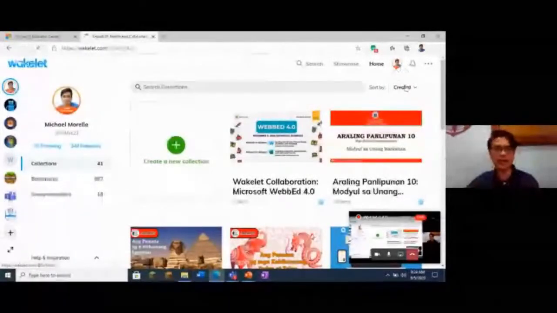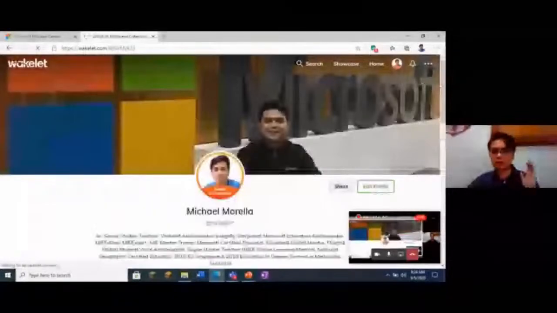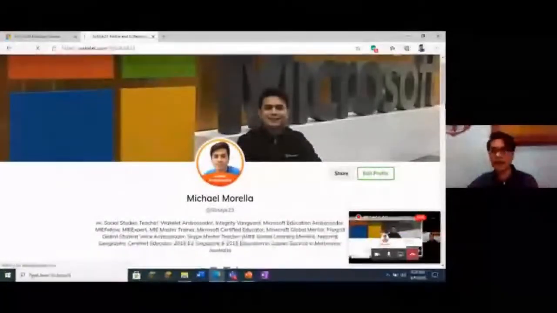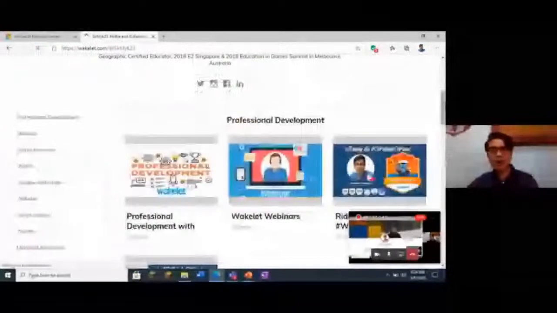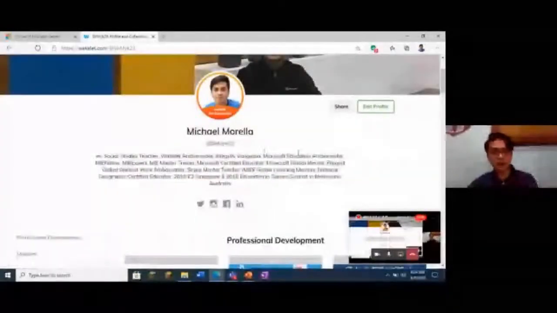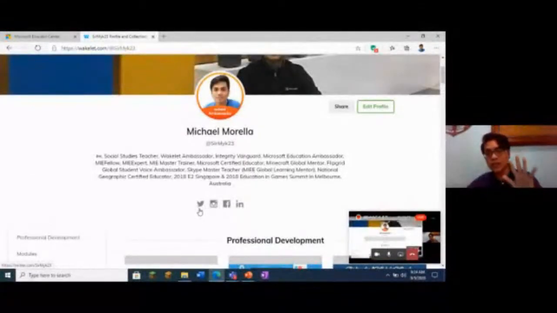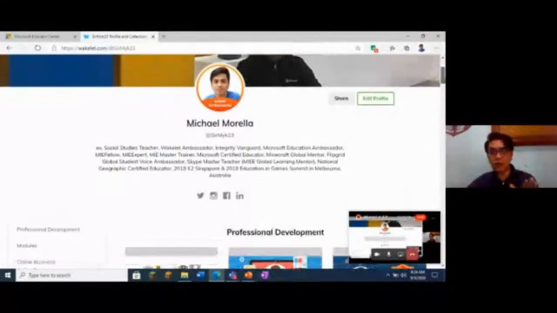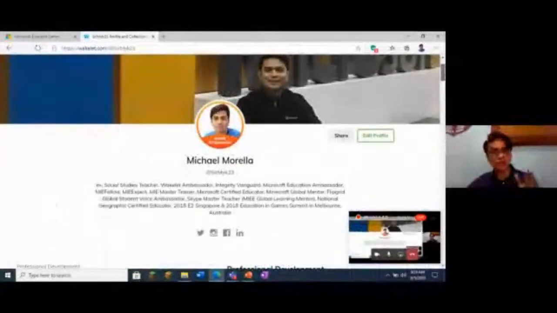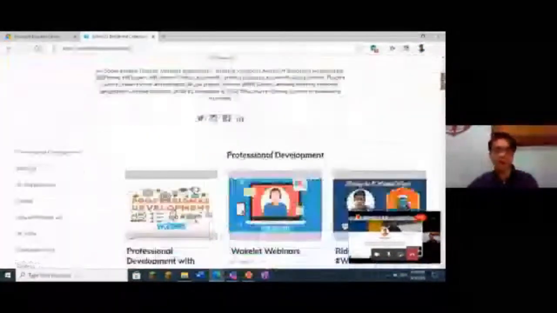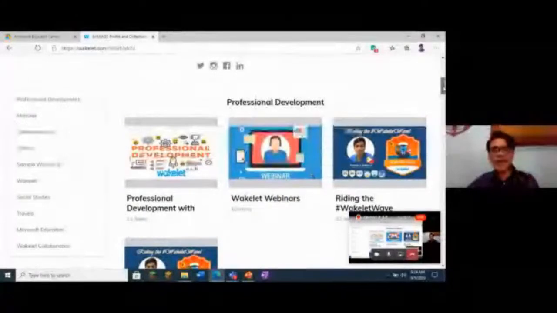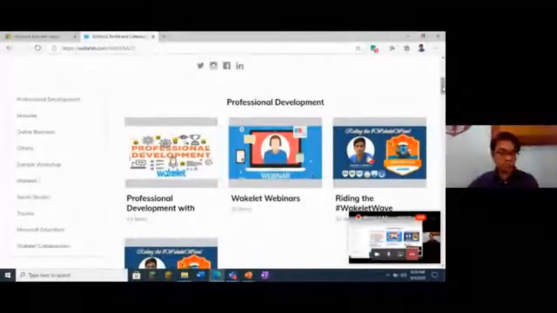Pakita natin yung profile area natin. So this is the profile area. Again, you can edit your profile area. You can add your cover page, profile picture, a bio net of you, and you can also add up to 5 social accounts para pwede kayong ma-follow ng mga educators or students na nasa loob ng Wakelet. And in profile area dito makikita natin yung mga collections natin na